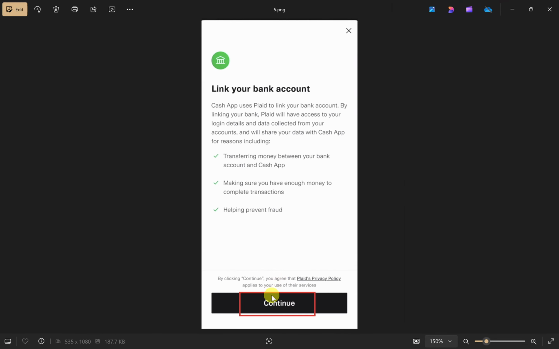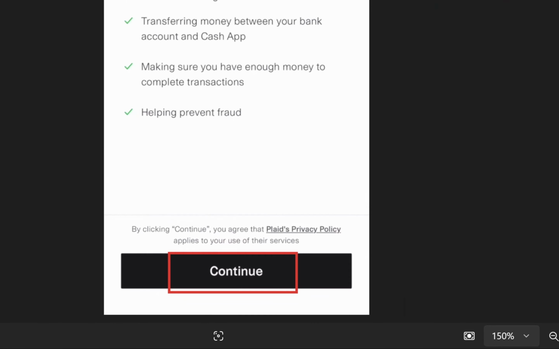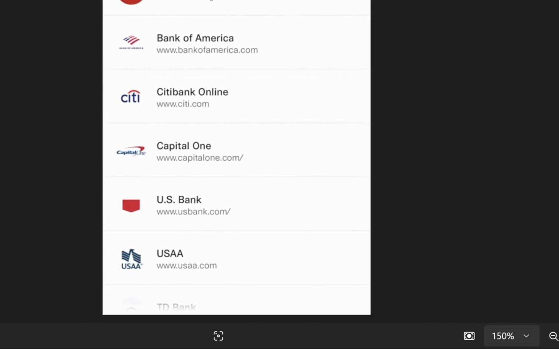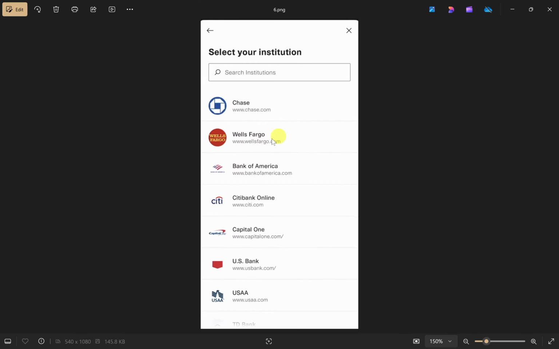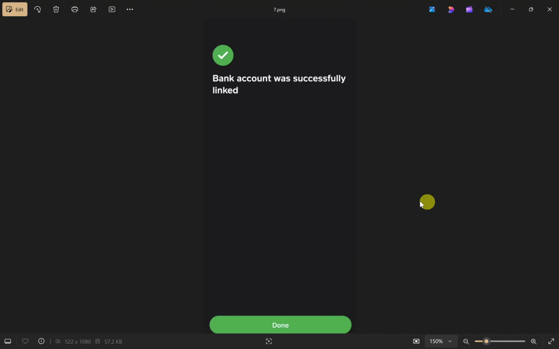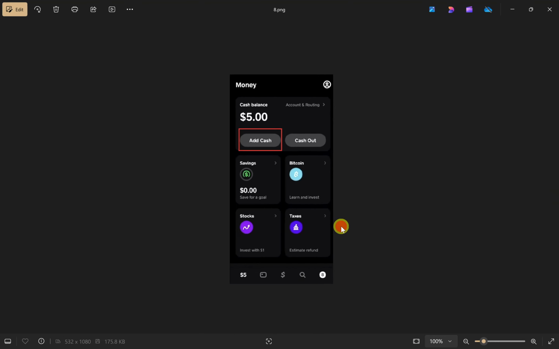Now you have to click on this continue button and then select your bank account. Make sure to select the bank account that you have used to transfer money from Dailypay. So select the account from here and enter your bank details. And once you have selected the bank account and added it to your Cash App,